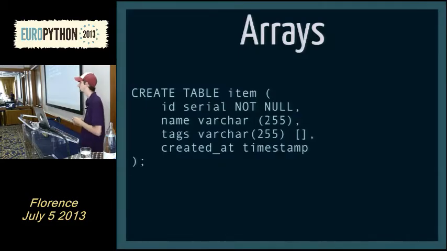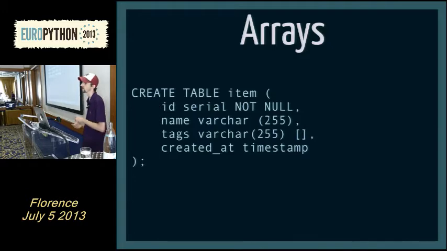The first is arrays. This is probably my second favorite data type and my absolute favorite native data type in Postgres. That's very underused. If you've gone through the Django tutorial and created a basic blog application or ever built a web front store, you usually have categories. This is really common in a lot of applications. You tag things or have categories, and creating an extra table for that just seems like overkill to me.